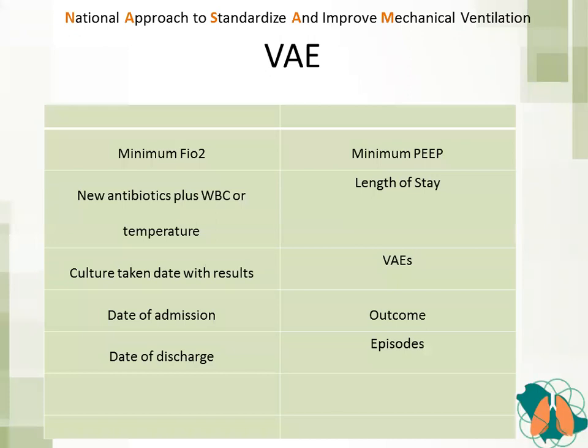So, parameters. First one is minimum FiO2. The other one is minimum PEEP, new antibiotic, WBC, temperature. WBC, that means an increase of more than 12,000 or less than 2000. Temperature. We will talk about culture taking date with